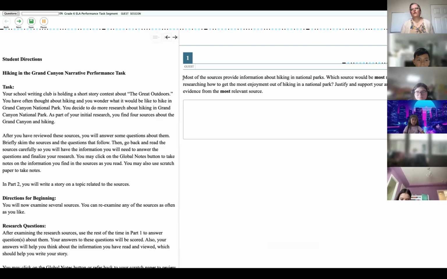Okay, good. So remember what I said last time? That first sentence says most of the sources provide information about hiking in national parks. Then it tells you what they want right here. They're asking you which source is the most relevant. So that's where you're going to put that first in the box. But you don't know which source yet because you haven't read it yet. So let's just put source and then leave a big space because we don't know which source it is yet, right? Source blank